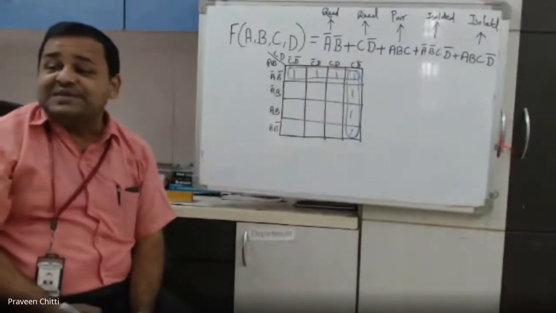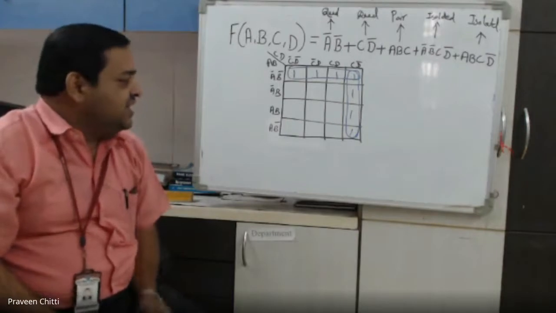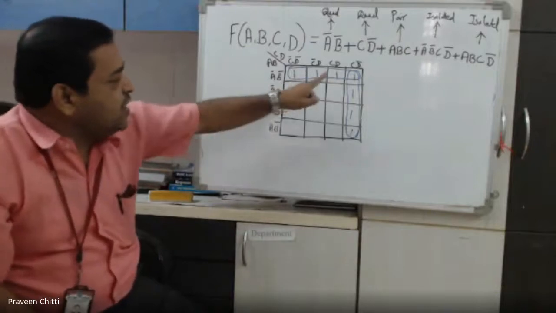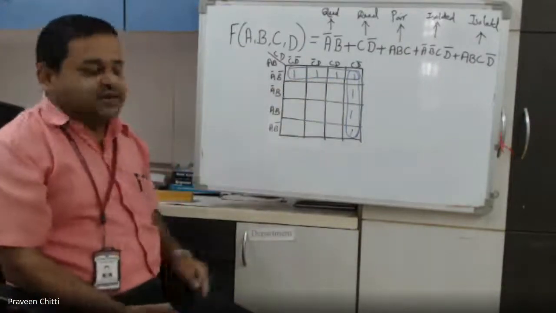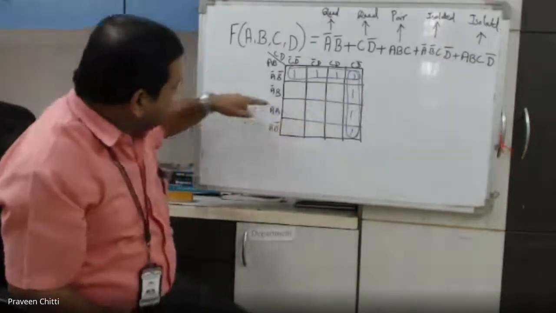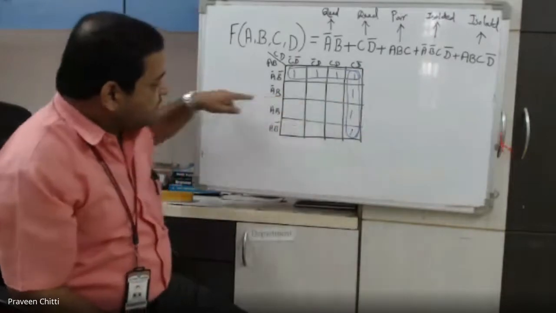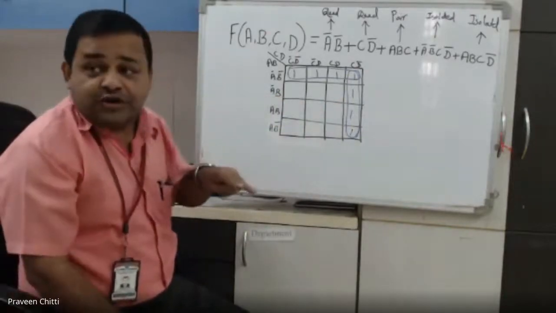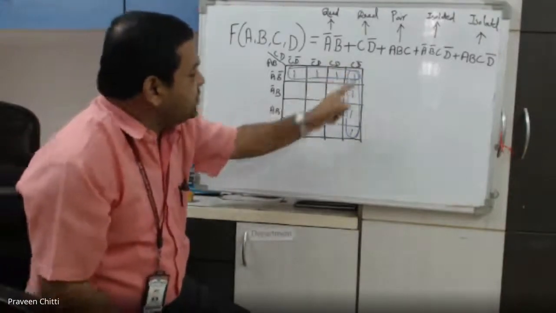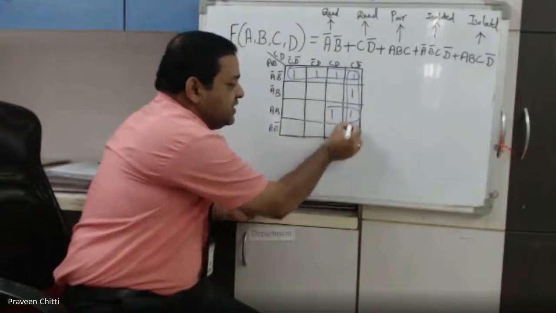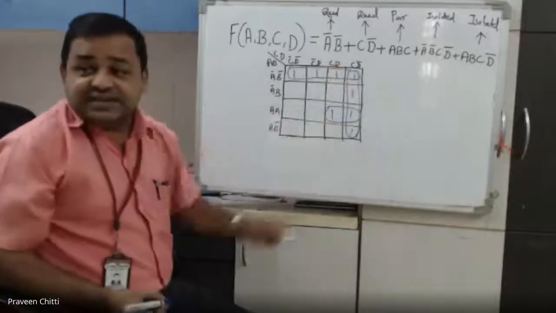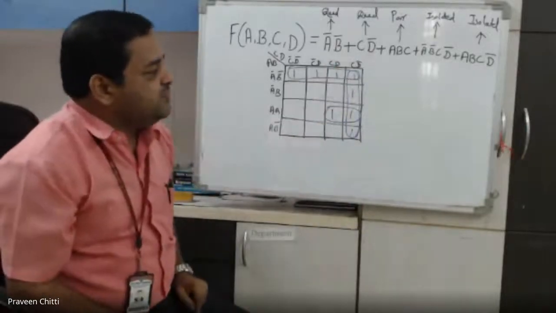Now the very important one, A B C. I have to form a pair. A B C means what? I need to have A B and then I want to have C. How should I form that pair? I need A B, so I should use this particular row, right? And then I should use which two columns in that row, because it is a pair. A, B, and I want C from this. That means I should have one here and this should be the pair. A, B, and here common is C. Is that clear?